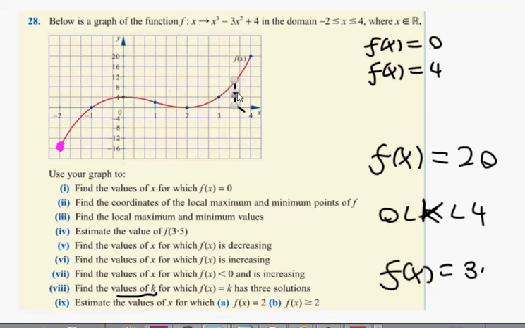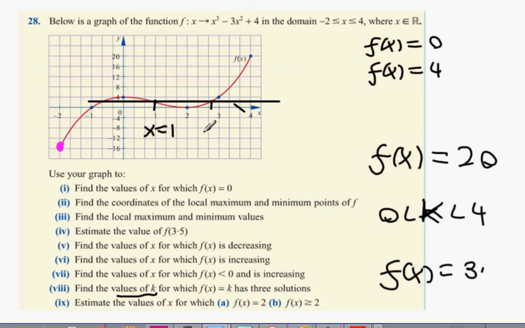Okay, so f of x equals 2. Drawing a line is going to be hard for me to do because it's halfway up, and I really need a less thick line. Okay, so it's around here. I'm going to get slightly wrong because of the accuracy of the graph. So I say it's going to be 1 and around 2.7. So 1 and 2.7. Okay? Because you draw the line